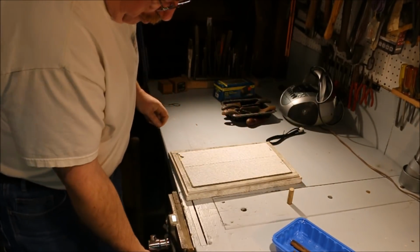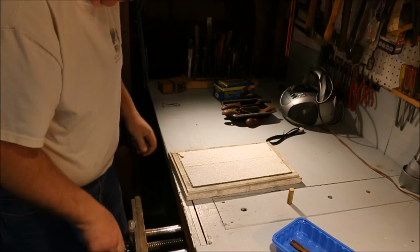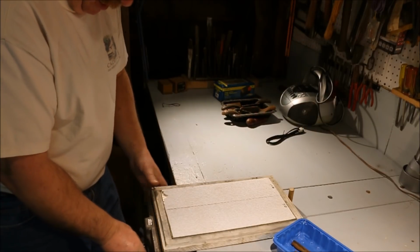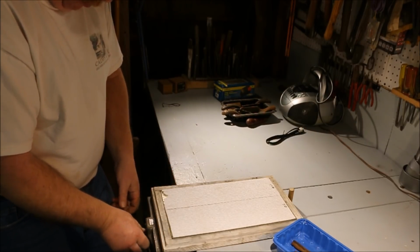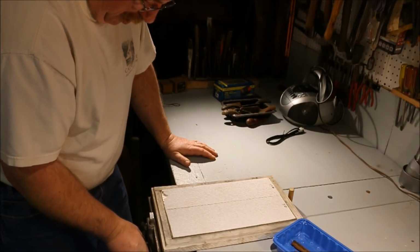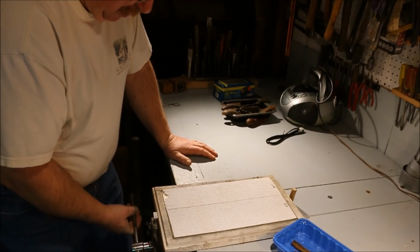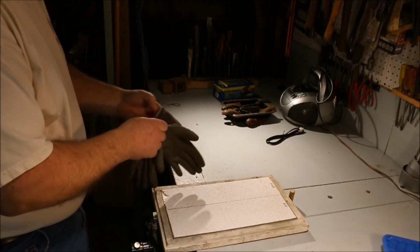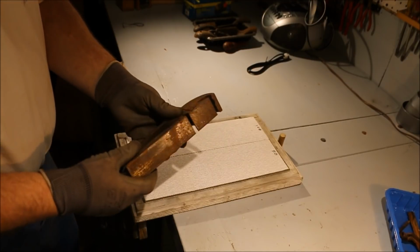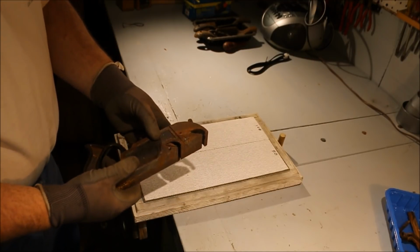Take this specially constructed flattening plate, which is just a piece of plate glass inlet into a board so that I can clamp it up snug. Now this part of the operation gets really dirty, so I'm going to wear a pair of gloves. Now with the blade up, so that I don't hit the blade on the sandpaper, I'm going to work on